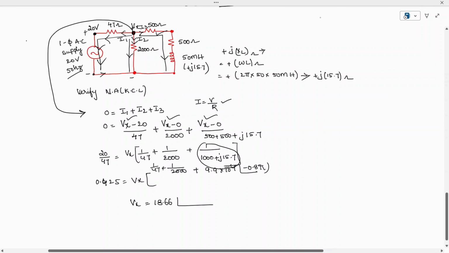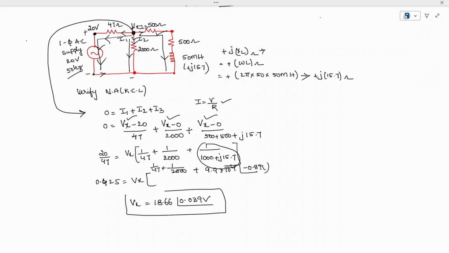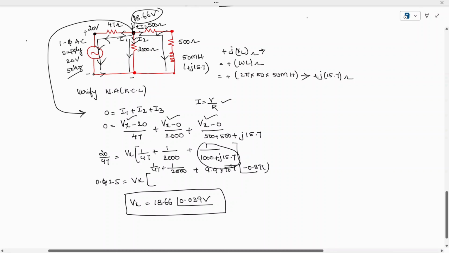18.66 at an angle of 0.039 volts. Okay, so this is the voltage we are getting at this point. So the voltage is approximately 18.66 volts. Okay, now let us try to